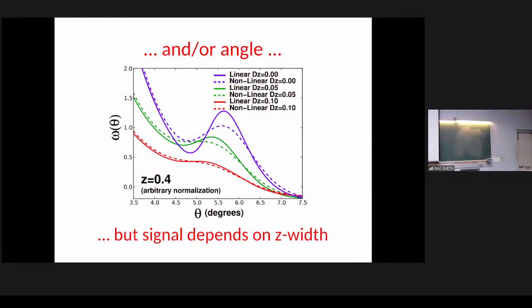And for the redshift of 0.4, let's concentrate for now on the solid line. So if the width is narrow, then you get a nice peak. But if the width in redshift is a little bit wide, then you degrade the signal. And you have to make it a little bit wide to have enough galaxies to do the measurement in the first place. The wider you make the bin, the more you smear out the signal. And so the angular game is also hard to play.